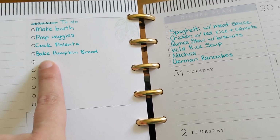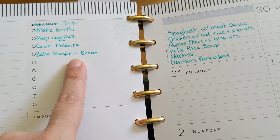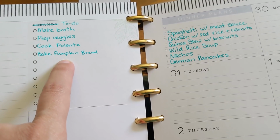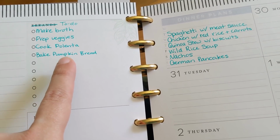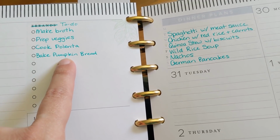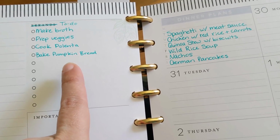And then the last thing on here is bake pumpkin bread. I found a recipe that will use up a can of pumpkin I have in the pantry as well as a can of sweetened condensed milk that has just been sitting in the pantry, so I was going to try to do that. Oh, I forgot...